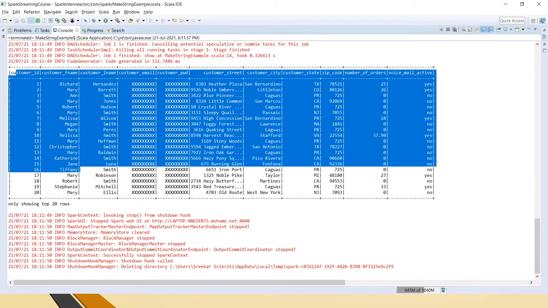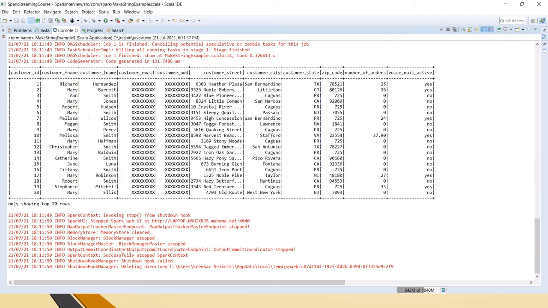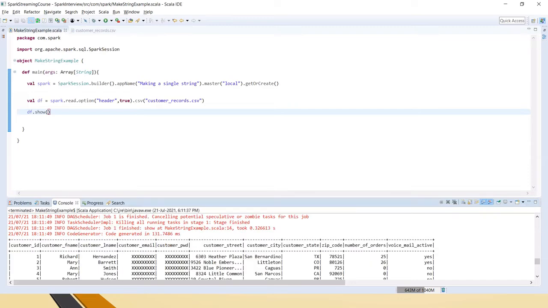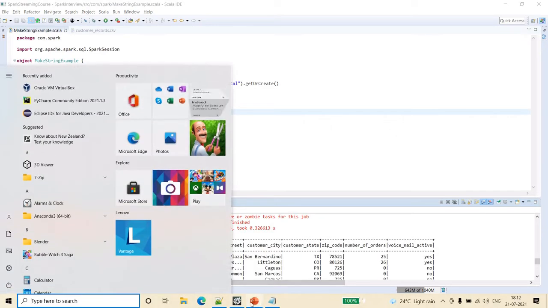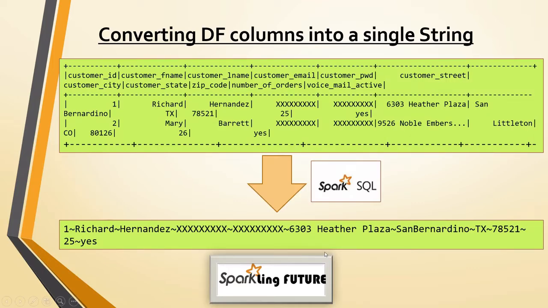So let's say you have a table like this, in Hive or anything with the table already, and you have to convert that into this format which we just saw in the PPT, right?